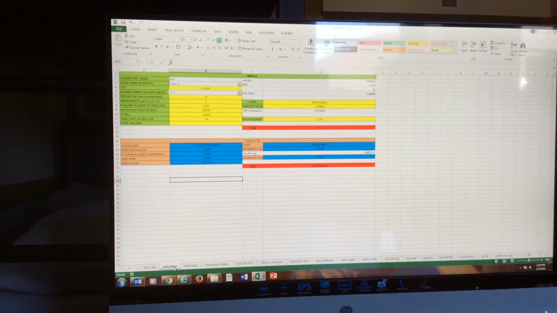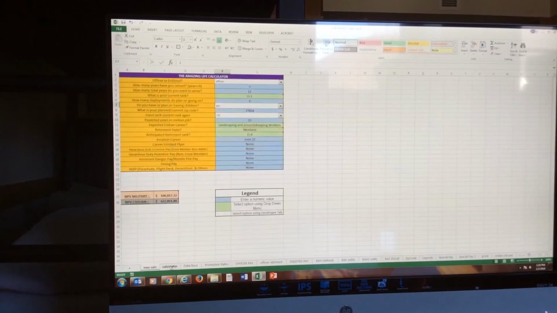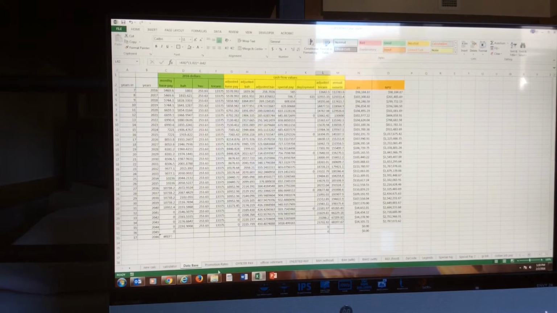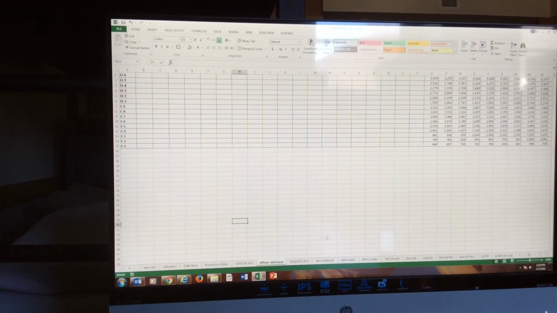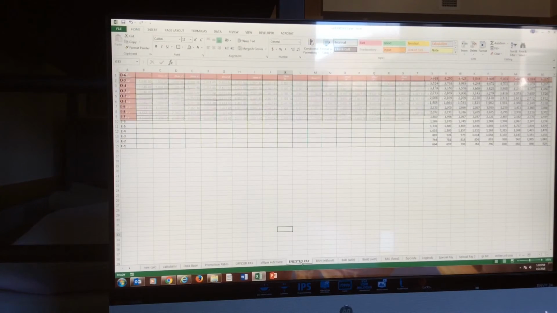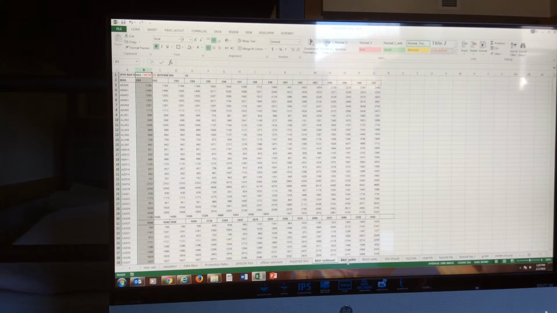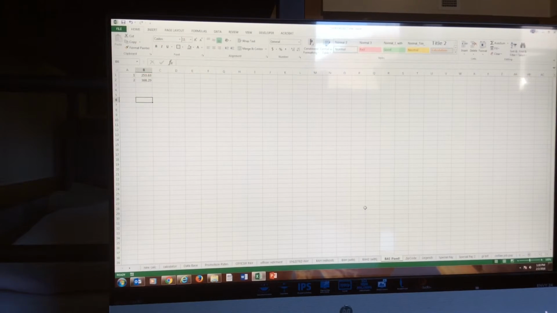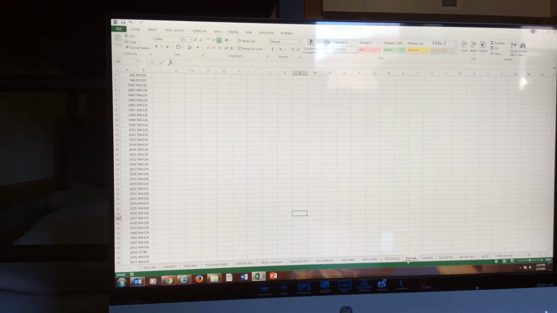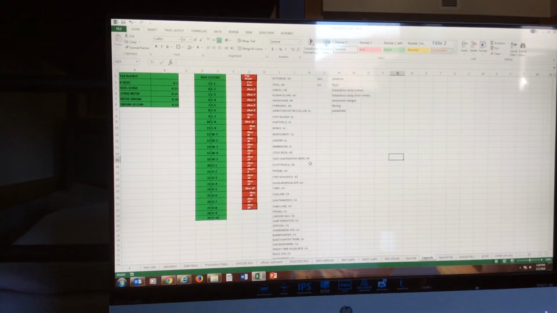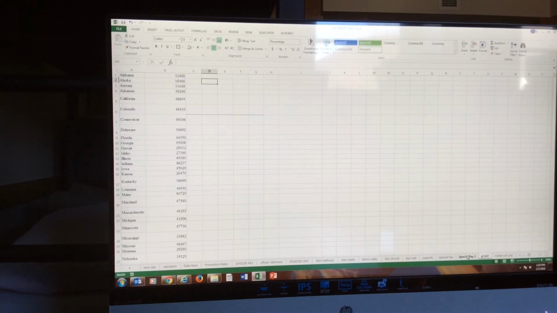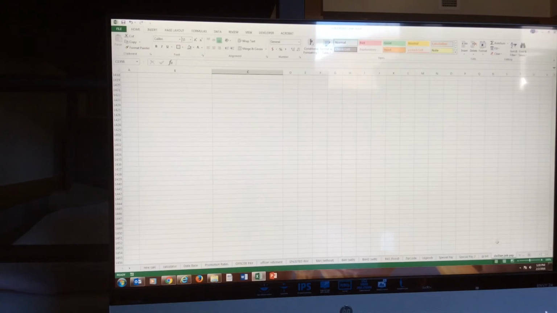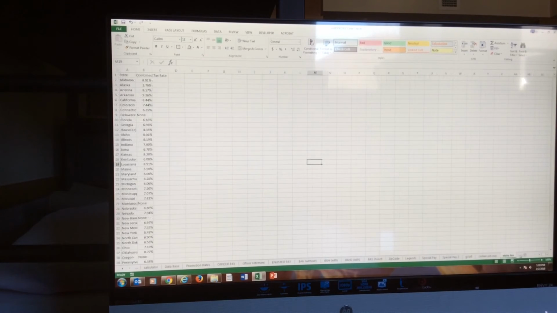Next, I'll go through the background. This is our old calculator. This is the new one that we cleaned up. This is our data that we reference all the time. This is the promotion rate chart, officer pay, officer retirement, enlisted pay, BAH without dependents and with. This is your BAS, like your food allowance, the money you're allowed to buy food. This is your zip codes. This is the legend that we reference with the VLOOKUP. Special pay chart, reformatted. This is our GI Bill that we used, civilian pay, and then this is our state tax that we